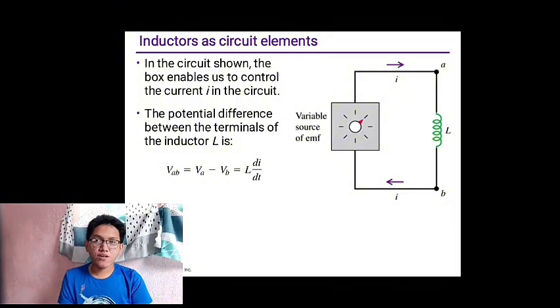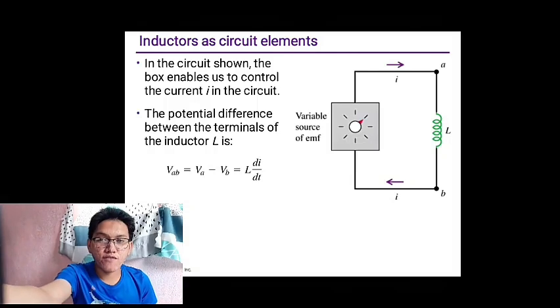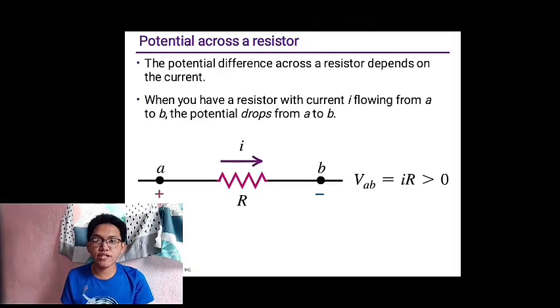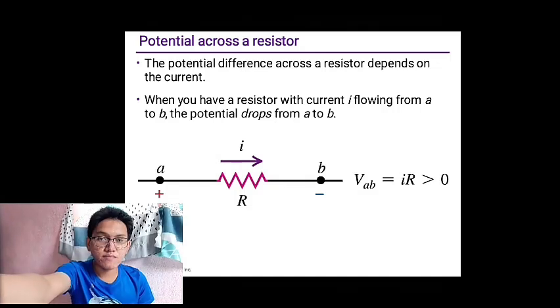Yeah. So the potential difference across an inductor depends on how fast the current is changing, not on the current itself. So we have here the potential difference across an inductor. It has a formula of V sub L is equal to L times the rate of change in current. Okay, so that is the formula. For comparison, recall the potential difference across a resistor, which is given by Ohm's law, V_R is equal to IR. This shows that a resistor depends on the value of the current, while an inductor depends on the rate of change of current.